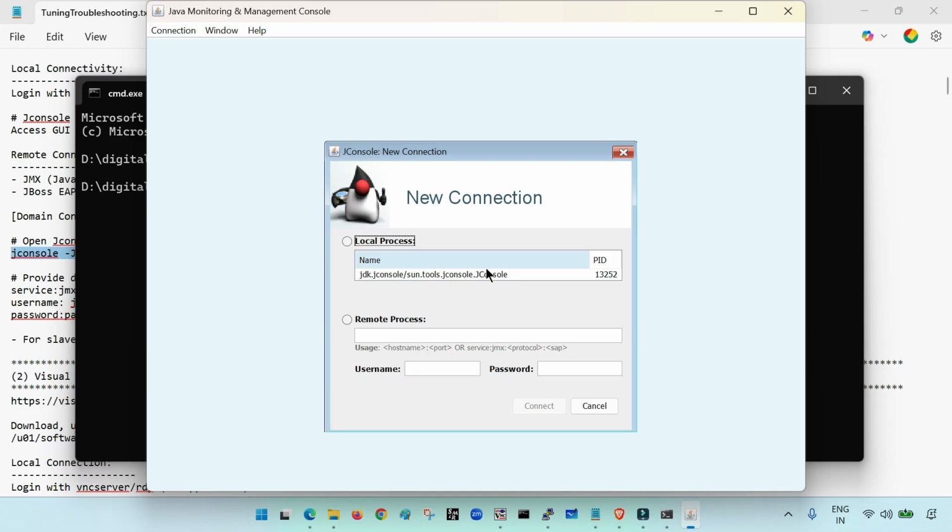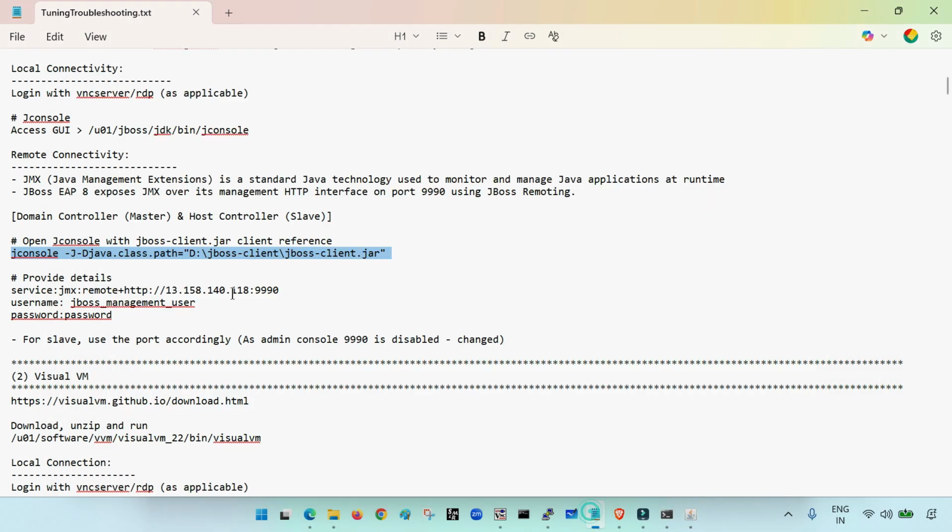Because our JBoss is running on the remote machine, and now we are trying to connect to the remote machine with the help of this JConsole, which we are accessing from our local machine. I am accessing it from my Windows machine, correct? This JDK and this JConsole is my local Windows machine, not on my remote machine. Correct. So here we have to select the remote process, and when we select the remote process, so we have